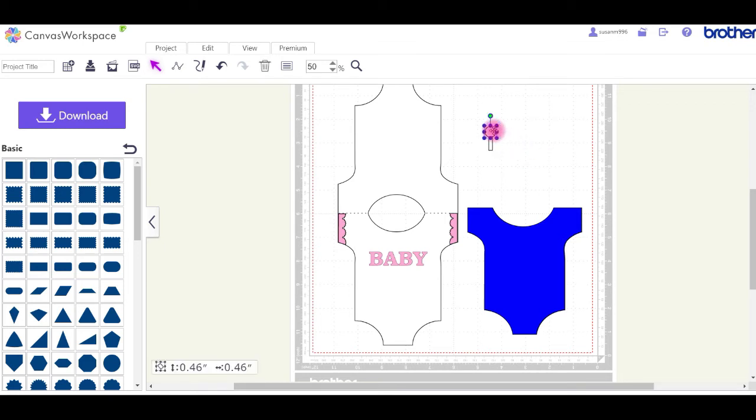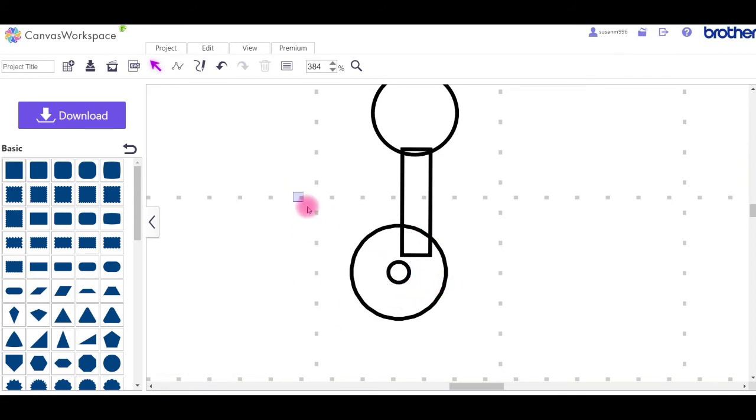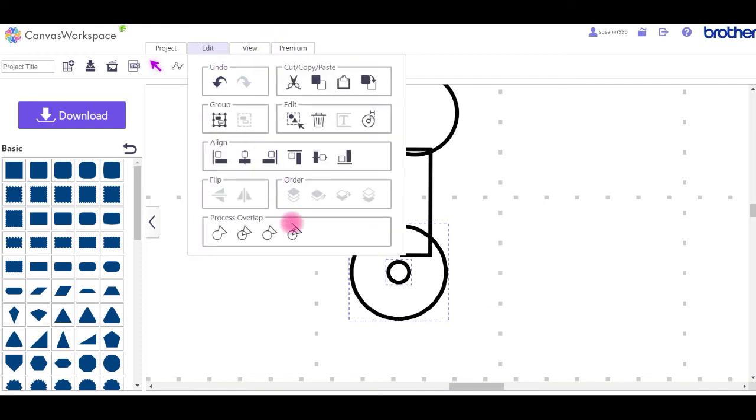So, yeah. Now we need to have a little holder for our rattle. Just copy and paste that circle we started with and make it a little bit smaller. And then we'll go up to choosing the outside to make it a bit bigger on the outside, just like we did with the romper front. And you can see it's made a circle around that little circle that we had. Just select both of those and go up. I've zoomed right in, as you can see, so we can see what we're doing. We'll go up and subtract,